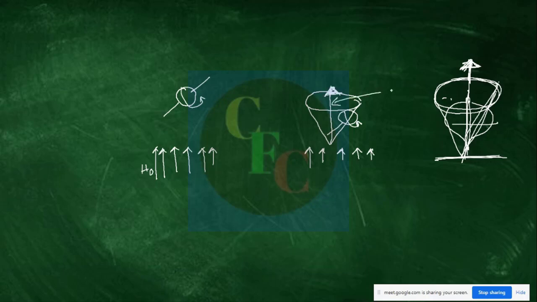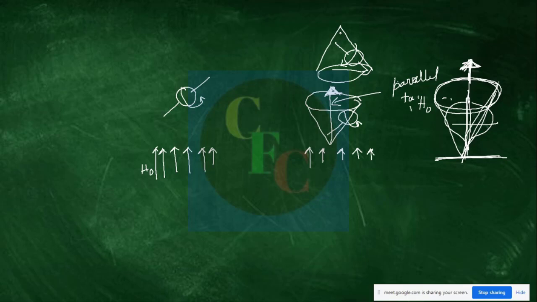This is called parallel orientation, parallel to H0, the applied magnetic field. On the contrary, if it is spinning like this, the axis can be tilted like this also. So it will span this kind of cone, and your resultant will be in this direction. This is called anti-parallel to the external magnetic field.